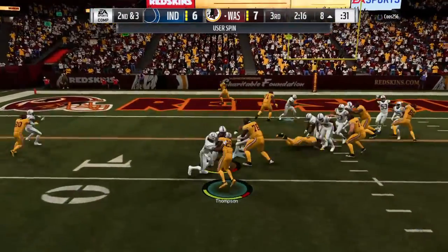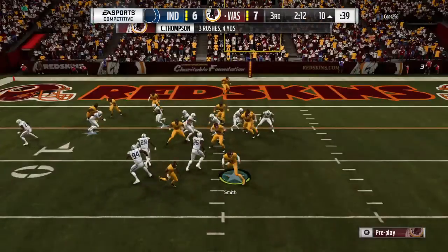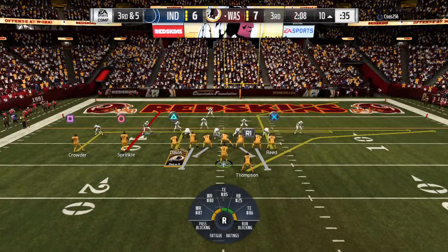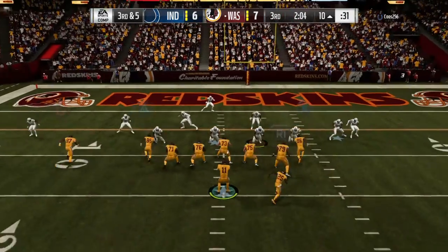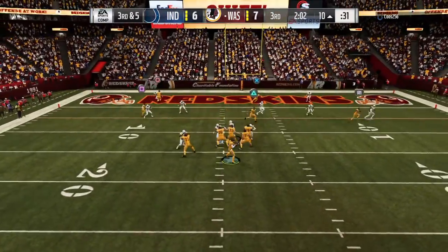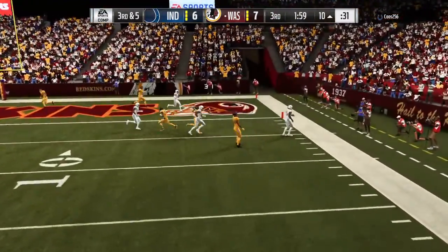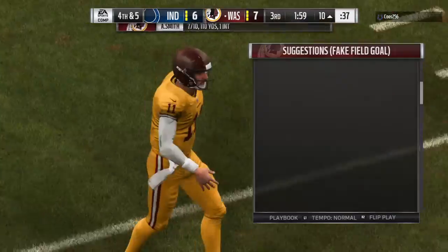Again, a run with Thompson. Slipped one tackle, but no more as he's knocked to the deck behind the line of scrimmage. It'll go as a loss of a yard, and it'll set up third down. That's a really alert defense there because they saw the heavy look come in from the offense, countered it with extra linebackers who brought a little bit of speed and heft, and were able to really make a big-time play for their defense. Throwing there, but...